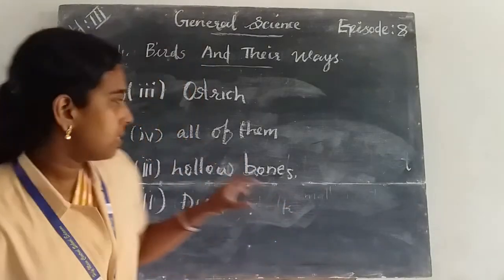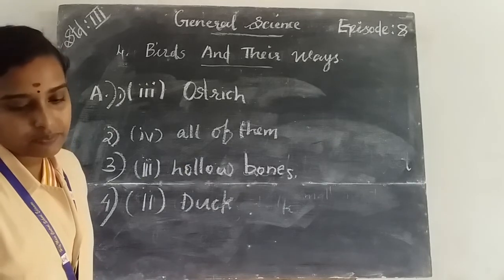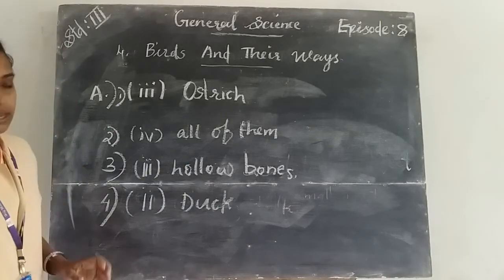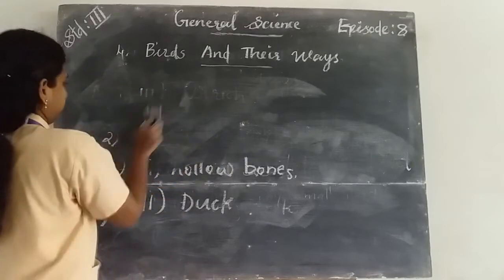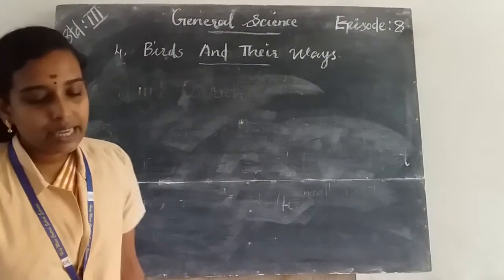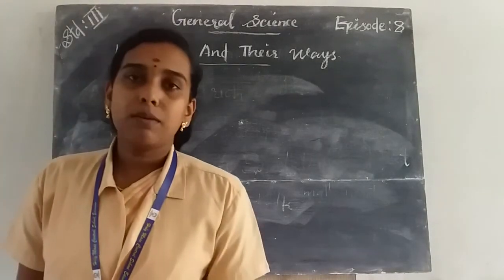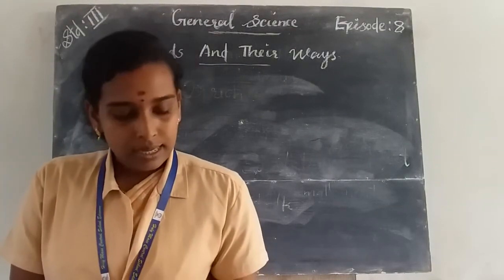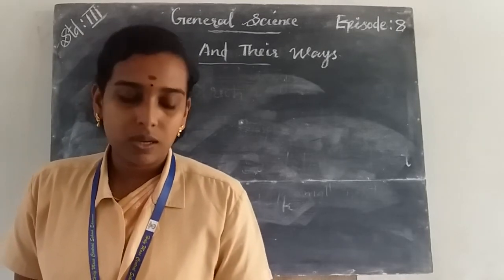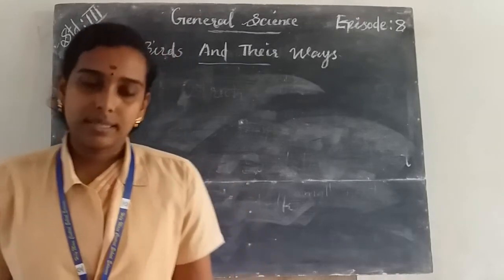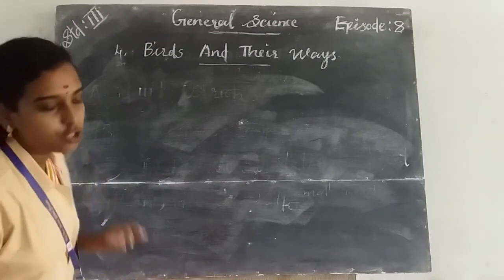So these are the tick the correct option questions. The next one is fill in the blanks using the words given in the box. So the next category is fill in the blanks. Yes, a box and some words are given in the box. We use the words to complete the sentence. Okay. So first question, dash and dash are.